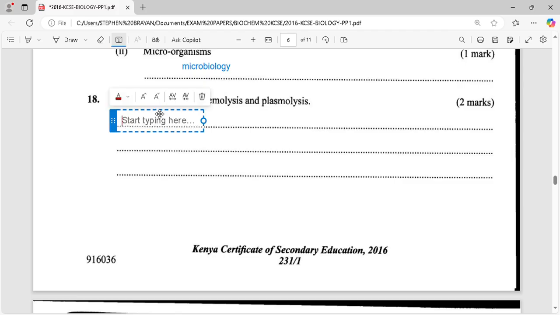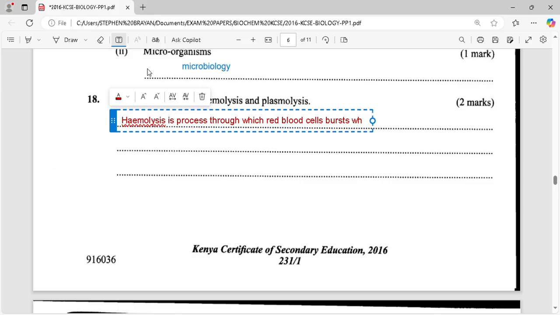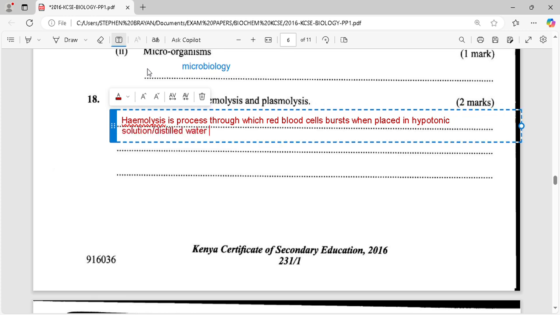So you'll come and say here, hemolysis is the process through which red blood cells burst when placed in hypotonic solution, which is also distilled water. And then now, because there are two, you've been told to distinguish between hemolysis and plasmolysis, then you say, while